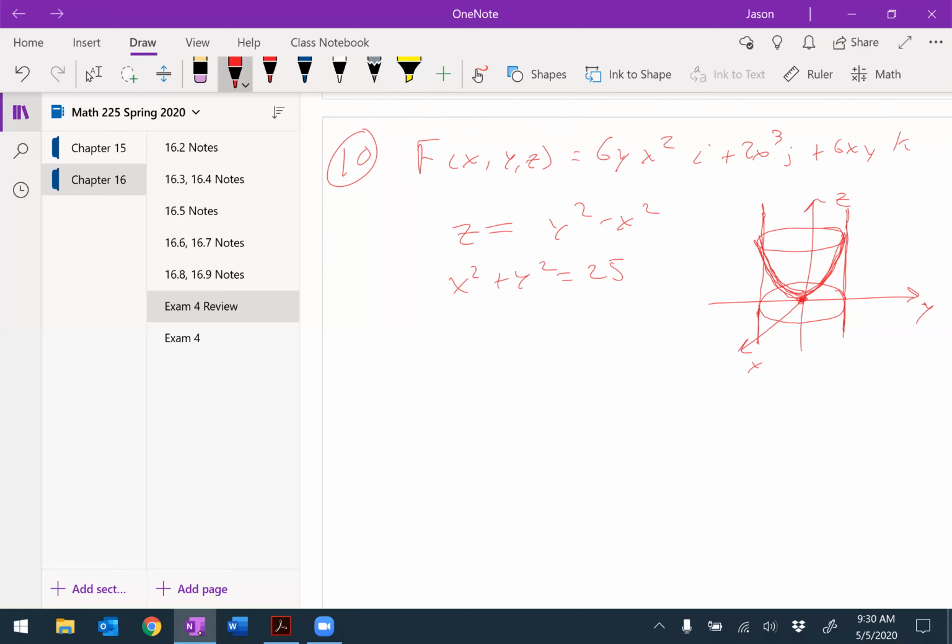And that actually continues on, but it looks like that because of the cylinder that it's trapped inside. Does that make sense? So the intersection of these two is really